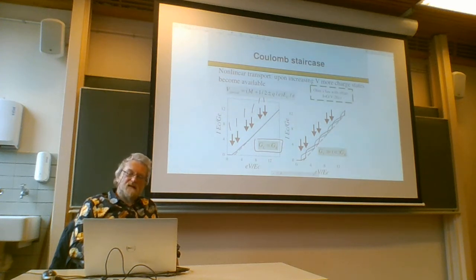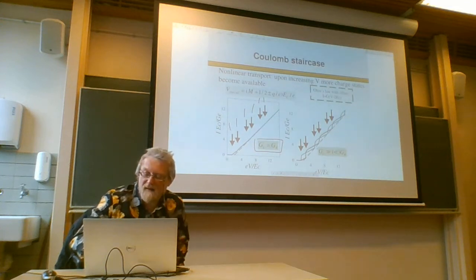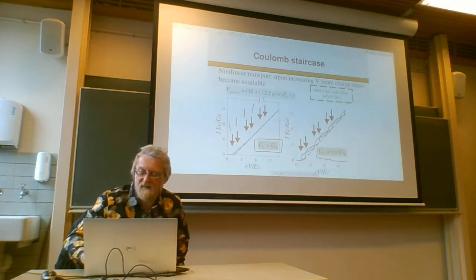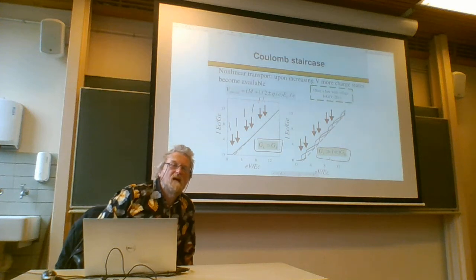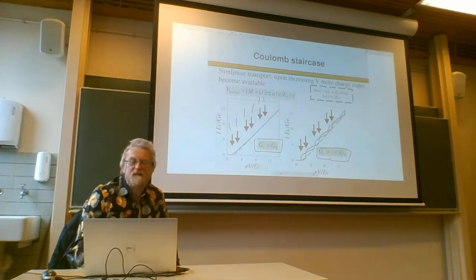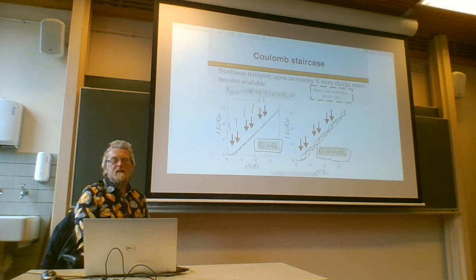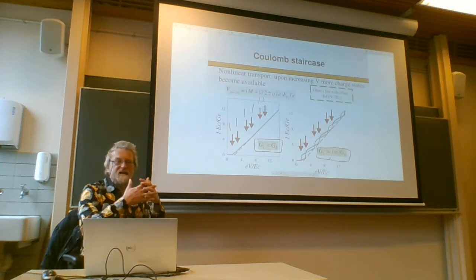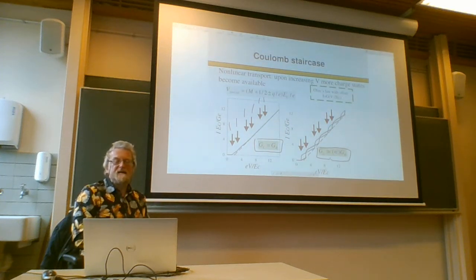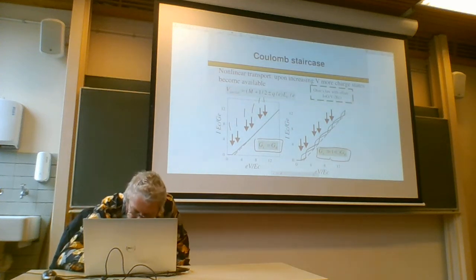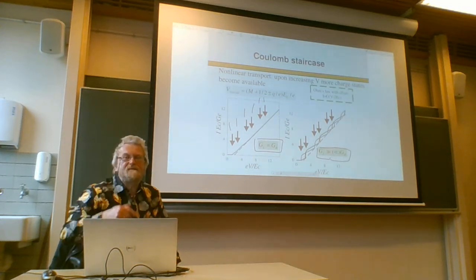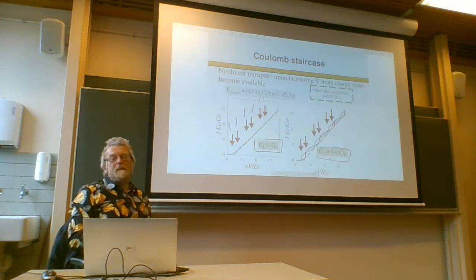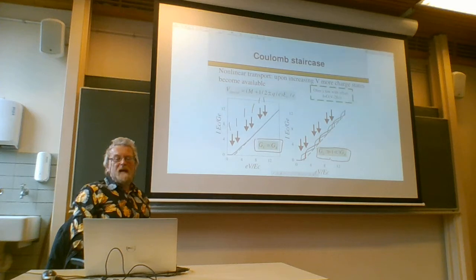But one can change it, making the conductance of one of the junctions much bigger, much smaller than the conductance of the other one. Then the Coulomb staircase becomes much more prominent. One doesn't even see cusps, one can see steps situated at voltages when, again, more charge states become available for